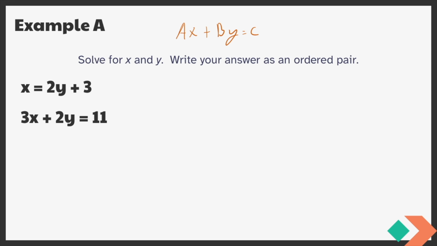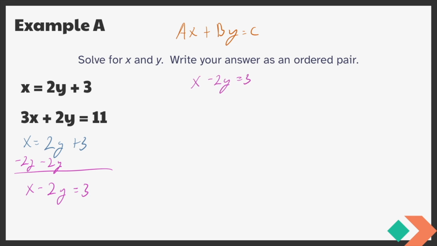Right now we don't currently have that for one of them, so we're going to go ahead and set that up. So I've got x equals 2y plus 3. I'm going to make sure that I've got y's and x's together on one side and constants left alone. So I'm going to subtract 2y on both sides, and that's going to end up with x minus 2y equal to 3. So that's one of my equations, x minus 2y equals 3. My other equation is going to be kept just the same, and that's going to stay 3x plus 2y is